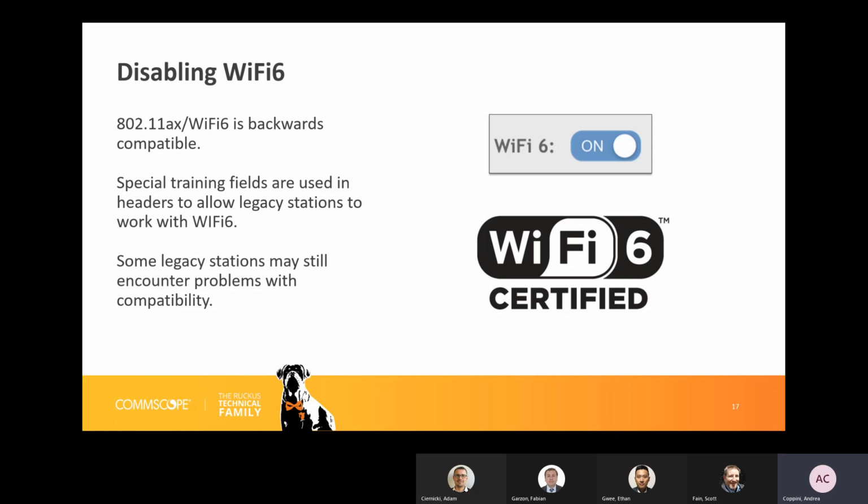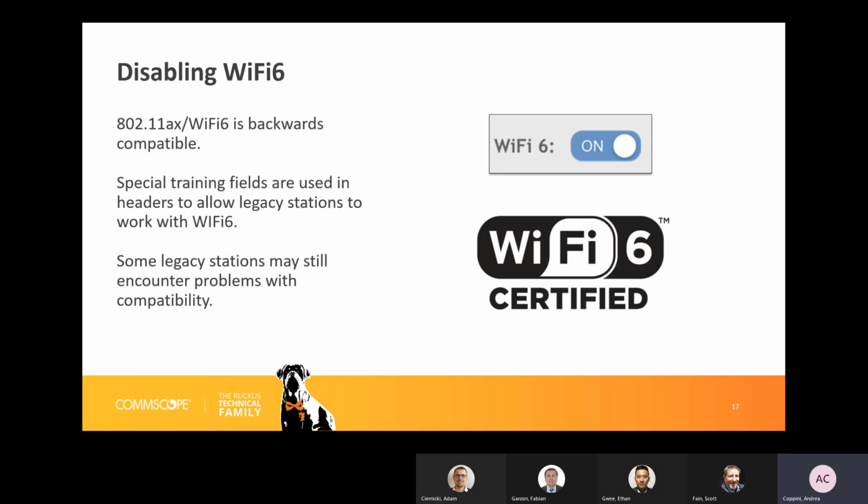There's an option called Wi-Fi 6, and it's a simple on and off. Essentially, as the name implies, you're enabling support for Wi-Fi 6. If you switch this off, the access points will just function just like 11AC access points. Now, why would you want to do that, right? You just bought your shiny new access points and you want to turn off one of the key aspects that they have. Well, the reason is that when Wi-Fi 6 was introduced and the first access points started appearing,